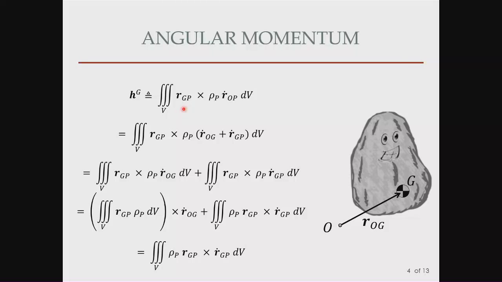Okay, linear momentum of P, which is the mass, rho dV, times the absolute linear velocity